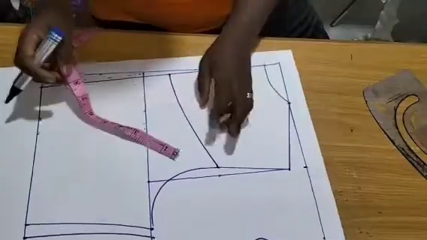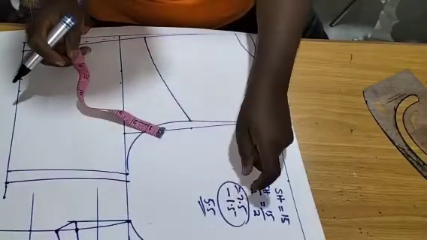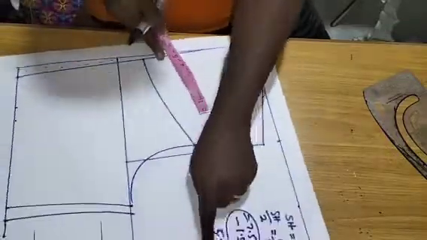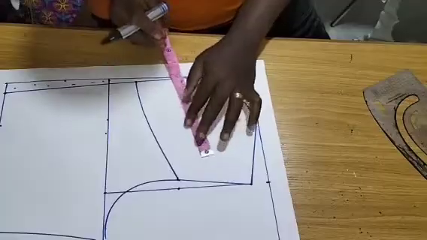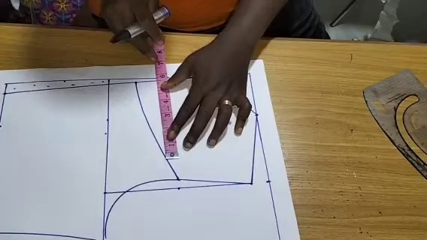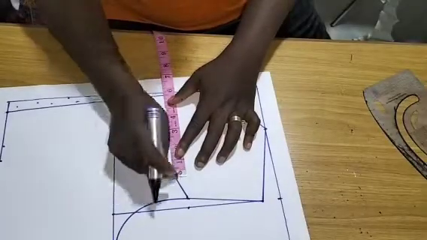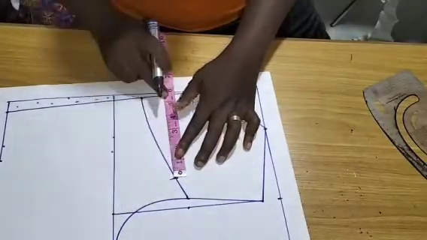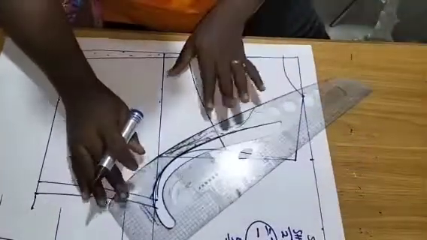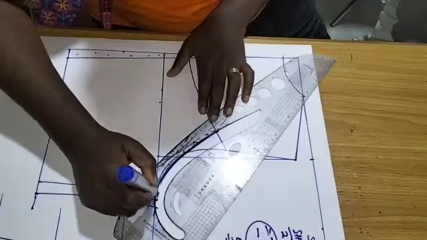So now this is the calculation we made mention of. Shoulder divided by 2, minus 1.5. So I'll place my 5.5, which is the result. Whatever result you have, just simply place it. You can see how I placed it. I'm placing it straight to touch what I have on the neckline. No matter how the neckline goes, just keep your ruler straight, tape measure straight, and mark that figure on the line. Once I've marked this on this line, I'll position my ruler this way and reconnect my off shoulder